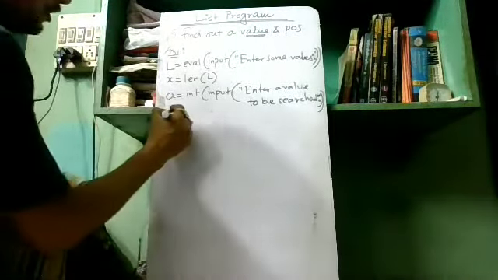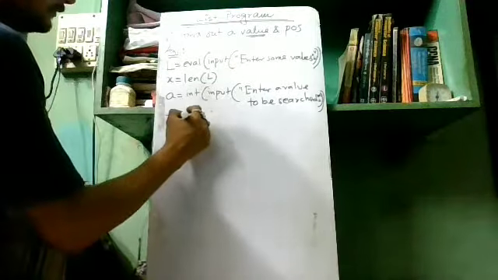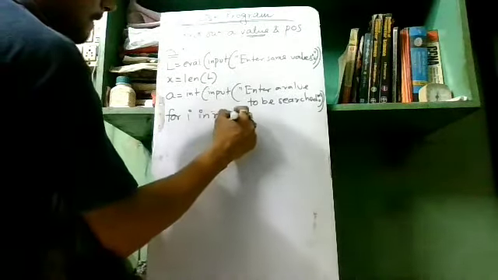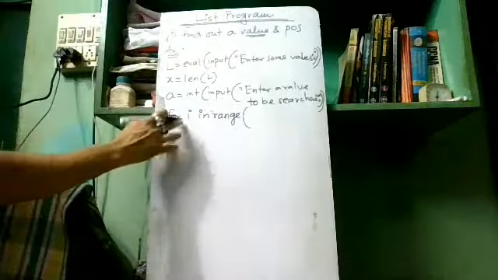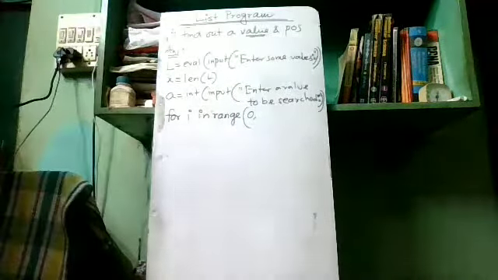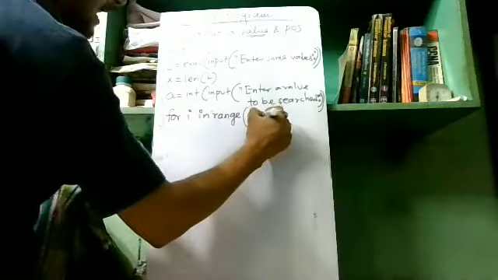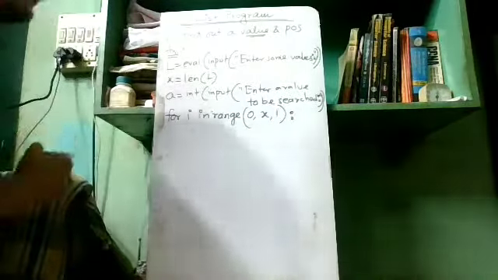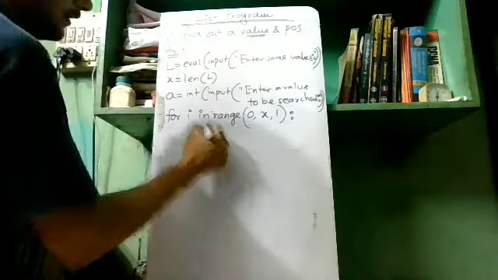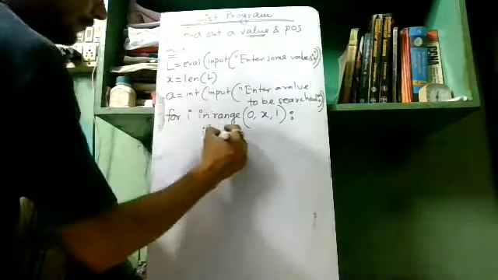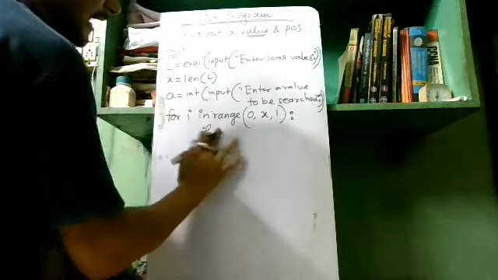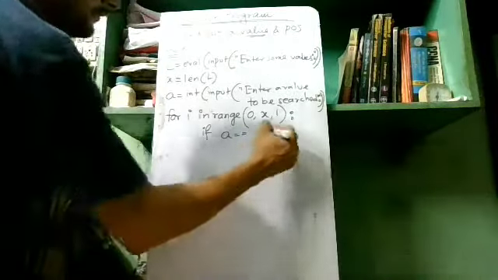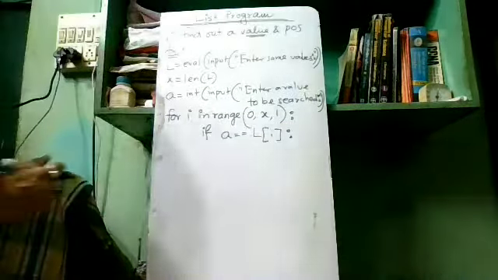After that, we are starting a for loop. I will be starting from 0. I will go one place before x. X means length of the list, and then 1. Then we will use one if condition. If A, the given value by user, is equal to L[i], if we find,